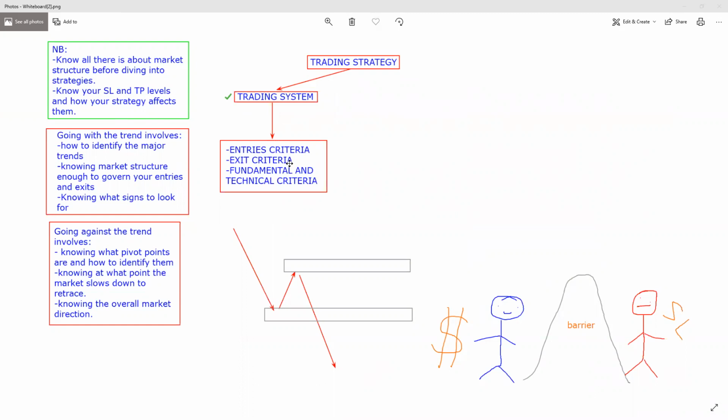When you're looking for a trading system, what people are usually looking for is how they'll make their entries, how they'll make their exits, and how all these other fundamental things, the technical stuff, is going to affect their entries and exits and so on and so forth. Put this into perspective. For you to make money off trading, you have to at least take the trade, right? And if you need to take the trade to make money, that means you need to know how to place the trade, when to place the trade and when not to place the trade.